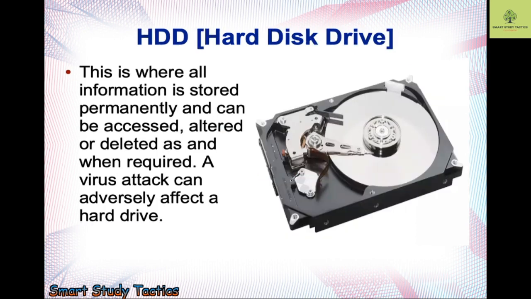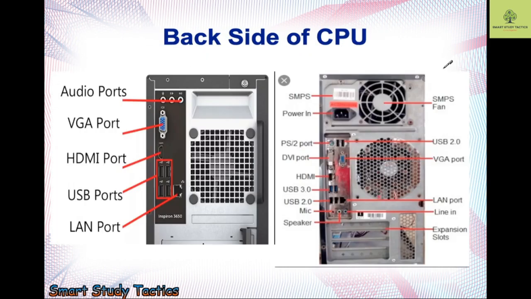Okay, now this is the hard disk drive. You can see this is the magnetic plate, and this is the head of the hard disk drive, which is responsible to read and write things in the drive. This is the hard disk drive only, and it is made with magnets, so make sure a magnet is not passed over it, otherwise your data is going to be corrupted. The main thing is that the hard disk is responsible for storing data permanently or for a long time. Okay, I think things are clear to you.